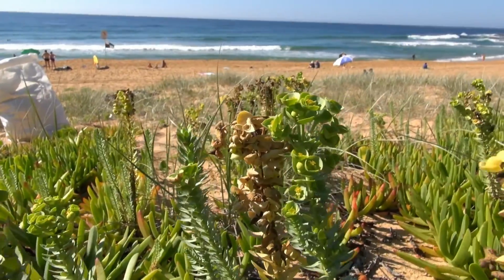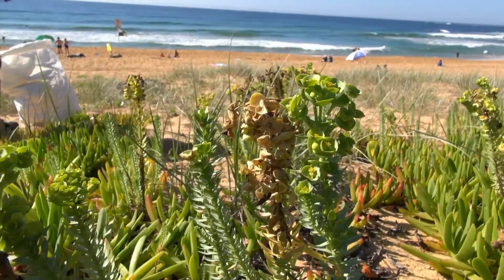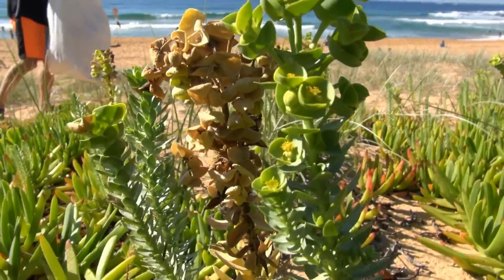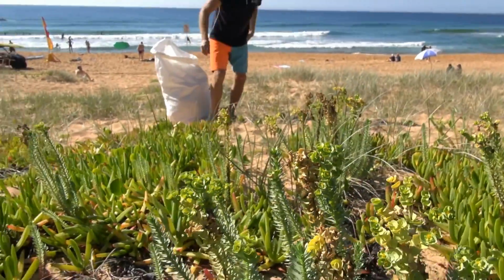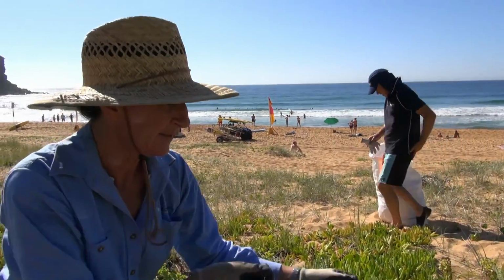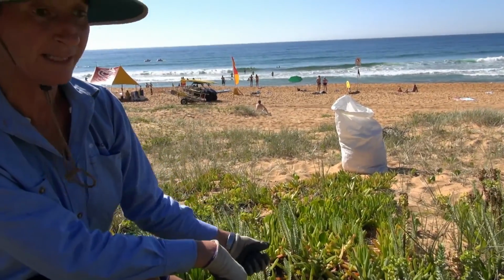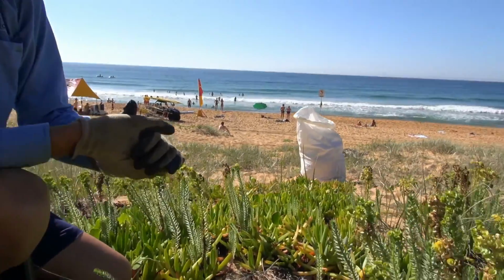What do you do with the seedy ones, Pam? Just carefully bag them? Carefully bag them. They're not quite ready to blow. They get a bit crispier. But if we had come maybe a week or two later and they were certainly mature and ready to be blown by the wind, we'd probably have to get secateurs and cut and carefully place the seed heads into a bag to take off site, which is really labour intensive and goes back to the whole